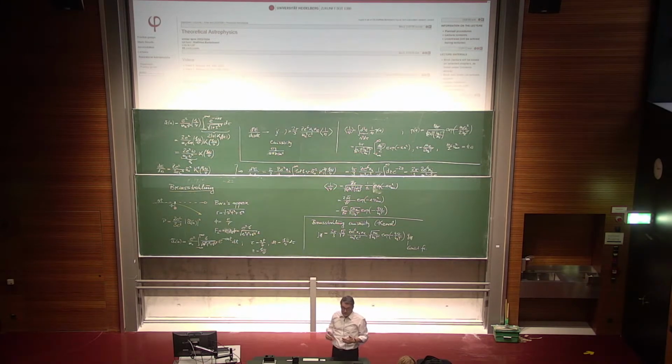Leads us to a Bessel function. We make a mistake here, right? We cannot treat small, very small impact parameters. Nonetheless, we need to integrate over impact parameters. In order to do this, we make the asymptotic approximation of the modified Bessel function for large arguments, then the integral converges, and we get this result here.